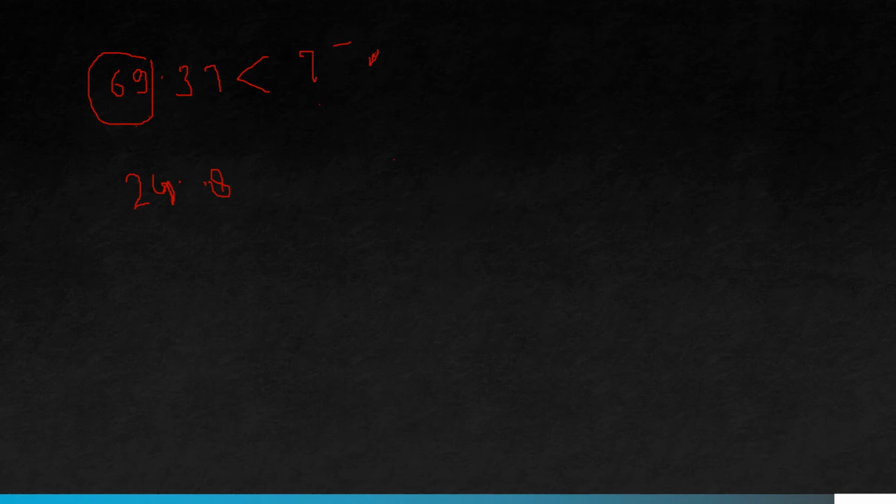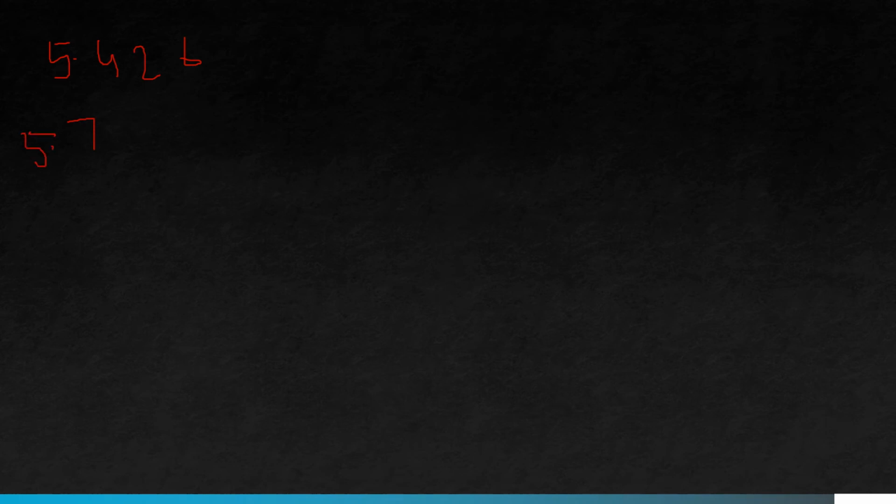Now for an example, I am giving you some decimals and I can ask you to arrange those decimals into the ascending order. Okay, for an example, I have one decimal 5.426, another decimal is 5.7, another decimal is 5.43, another is 6.001.